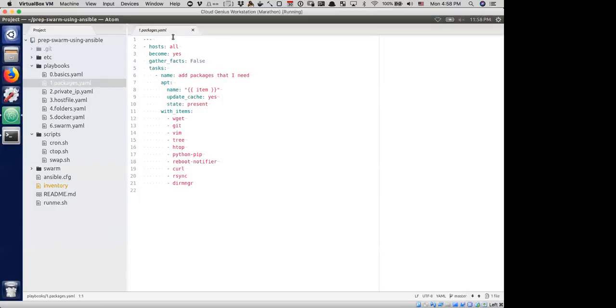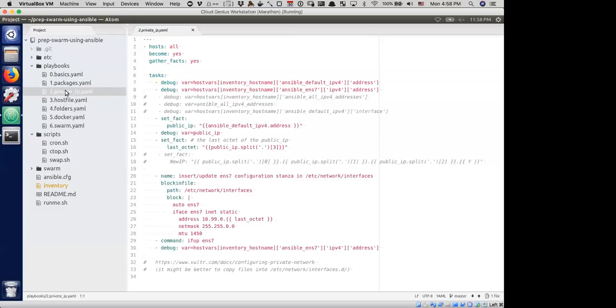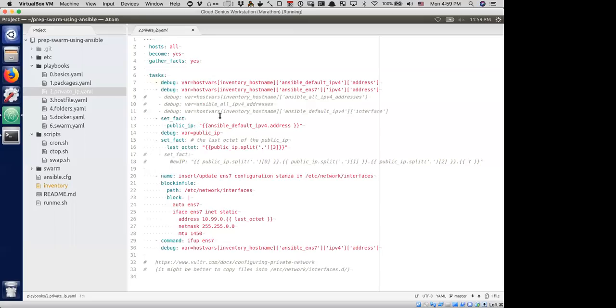Let's stick to the next one. The next one is the idea that I mentioned before. It requires machines to communicate using a private IP address, which I should elaborate on a little bit. These machines need to talk among themselves, not on the public network, but on the private network. And I chose to get a private network. What I want to do in this playbook is make sure that I am